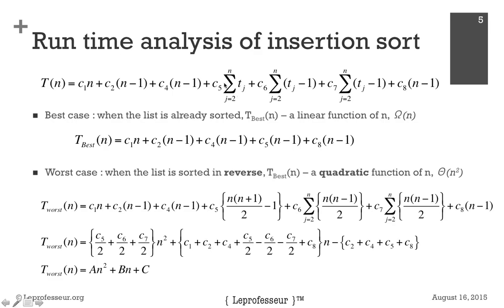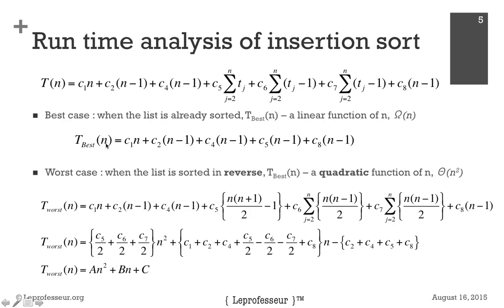Say if our list is sorted already, then only this statement will be executed n times, and the while loop body will not be executed. So C6 is multiplied by 0 and C7 is multiplied by 0, and the last statement will be executed. So we can say that is our best case,